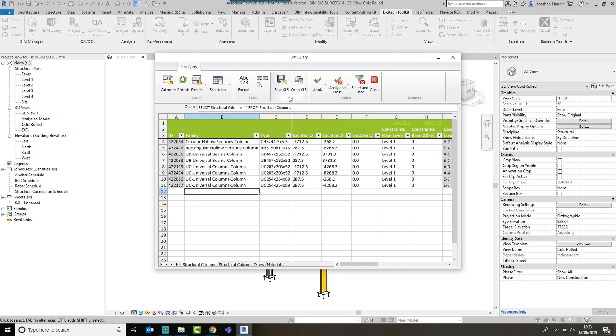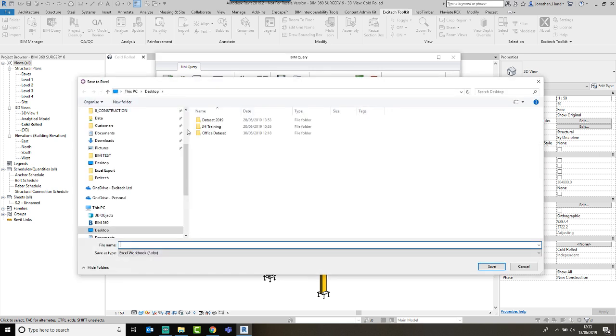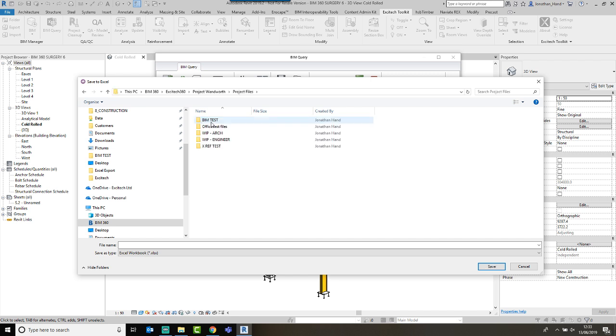But what I'm going to do is look at the file section, and you can see that I can save the XLS or I can open. So I'm going to save this file directly into 360. I'm going to click Save XLS. I'm going to browse via my Desktop Connector to 360, connect to my hub, choose this project, click into project files, and I can create a new folder,